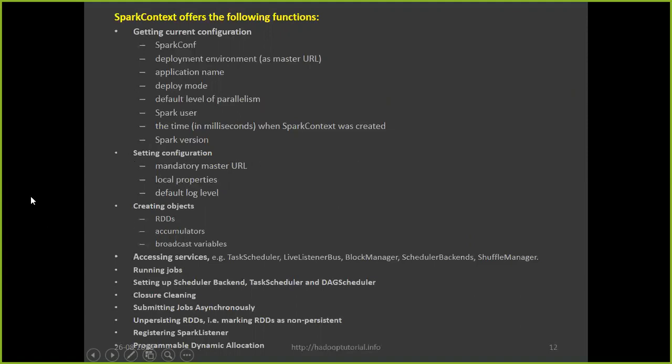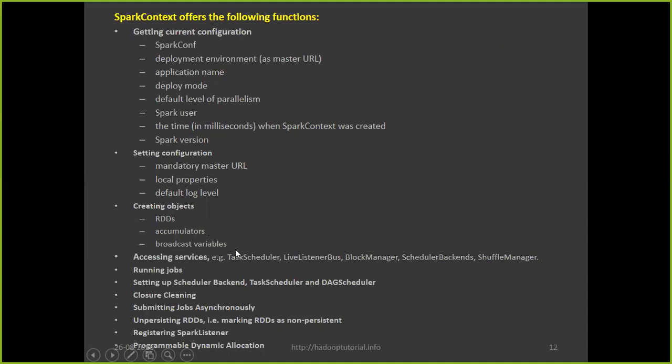And we can set the configurations. These are like getting configurations. We can also set the configurations, master URLs, any properties and logging levels, all those things. And we can create RDDs. We can create some other advanced objects in Spark, like broadcast variables and accumulators.